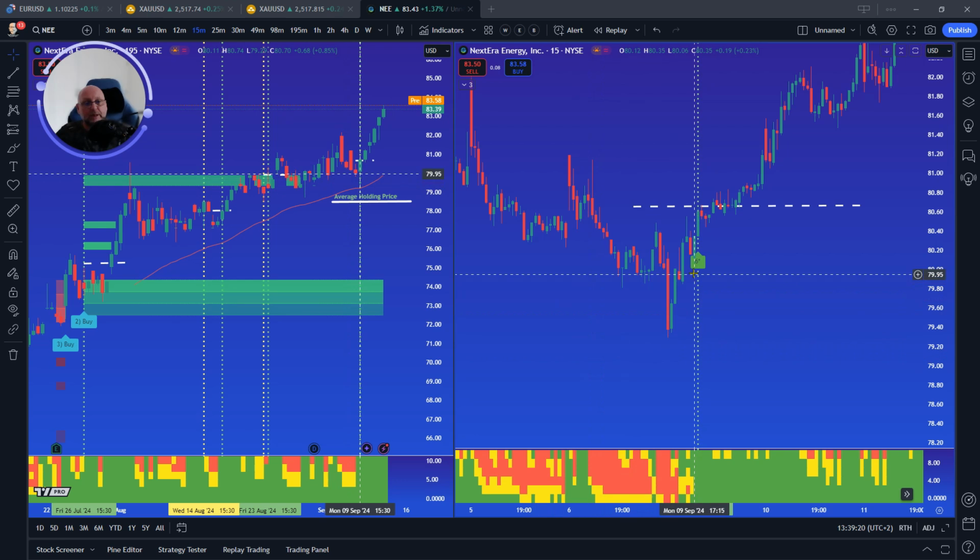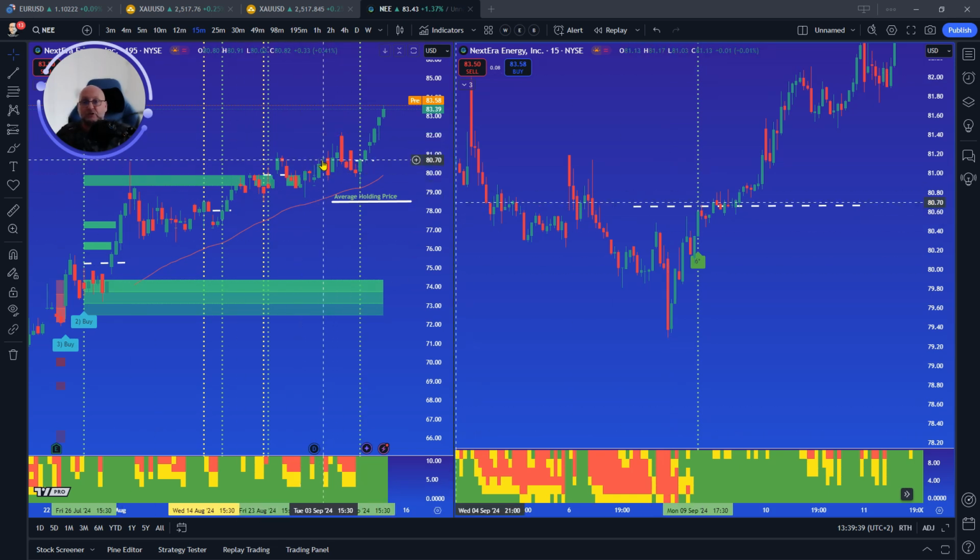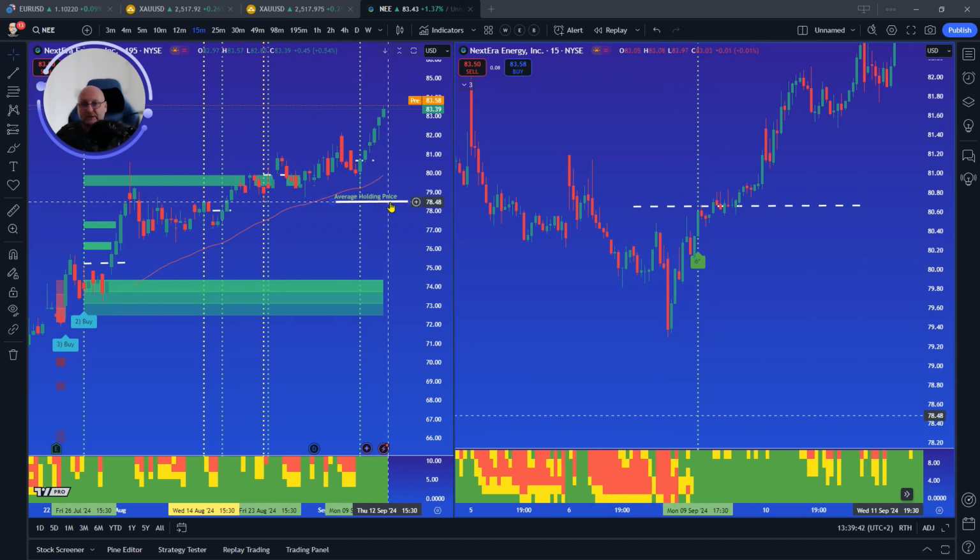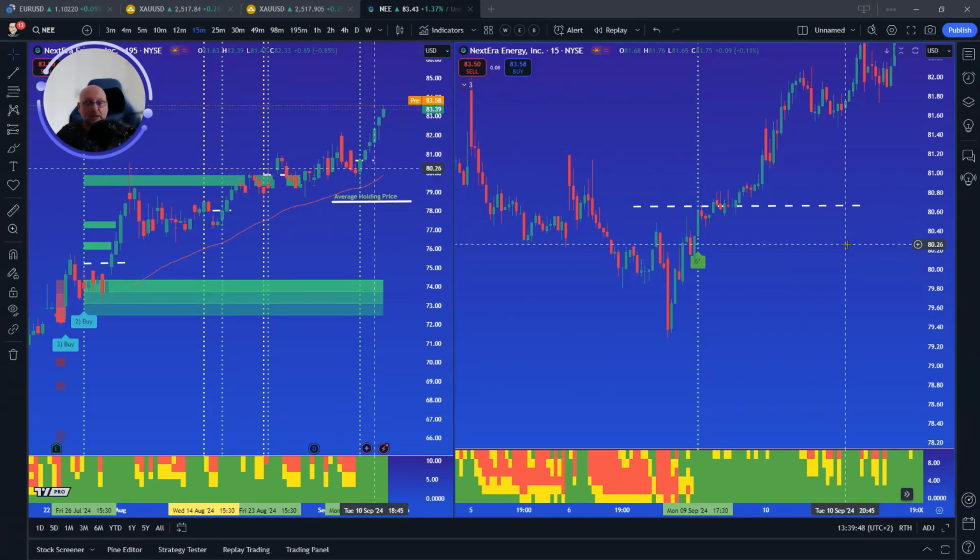That's fine. We get an xBrat 6-star buy signal again here on Monday, the 9th of September. All 6 time frames are green on the bias depth heat map. So we've got signal, got confirmation. This is our fourth entry into this move, if you like. So now we've got 4,000 shares. Average holding price at this point around about 78.48, and we're sitting at around about 83.58 pre-market as I'm making